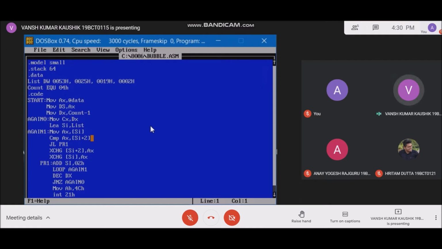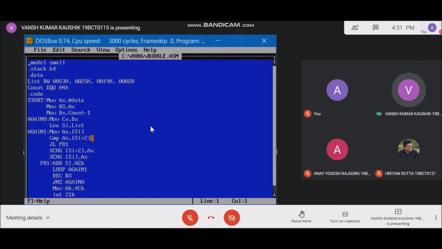We use 2 because for storing one input we use 2 bytes, because 00 is stored in the higher byte and 53 is stored in the lower byte. So here we are comparing 53 with 25.